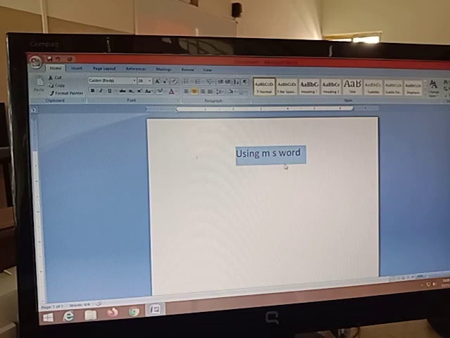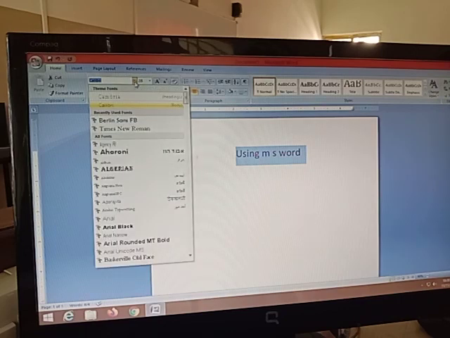Now I want to apply some font. Here it is called fonts. It will help you change the font face. When I click on it, it will provide different faces, different font styles, like handwriting and typing text styles.